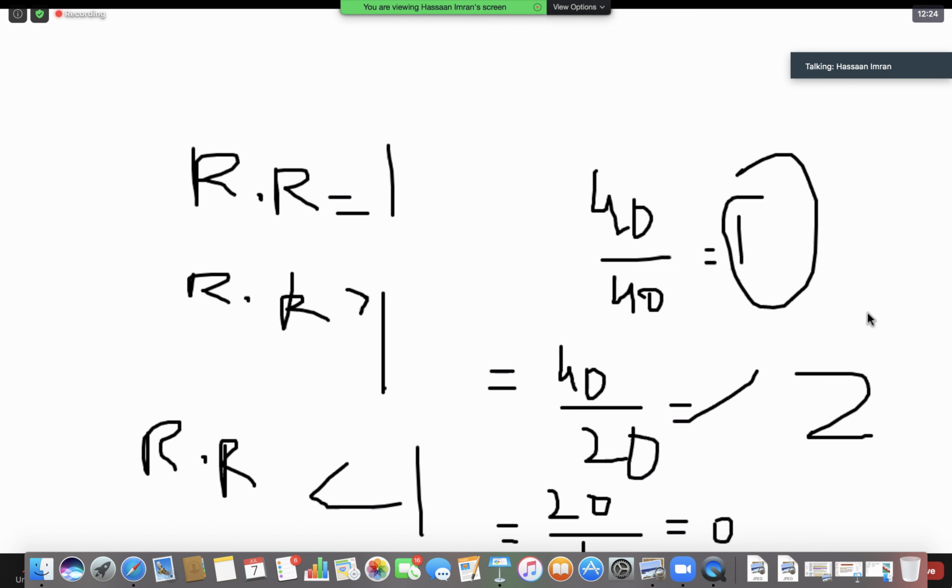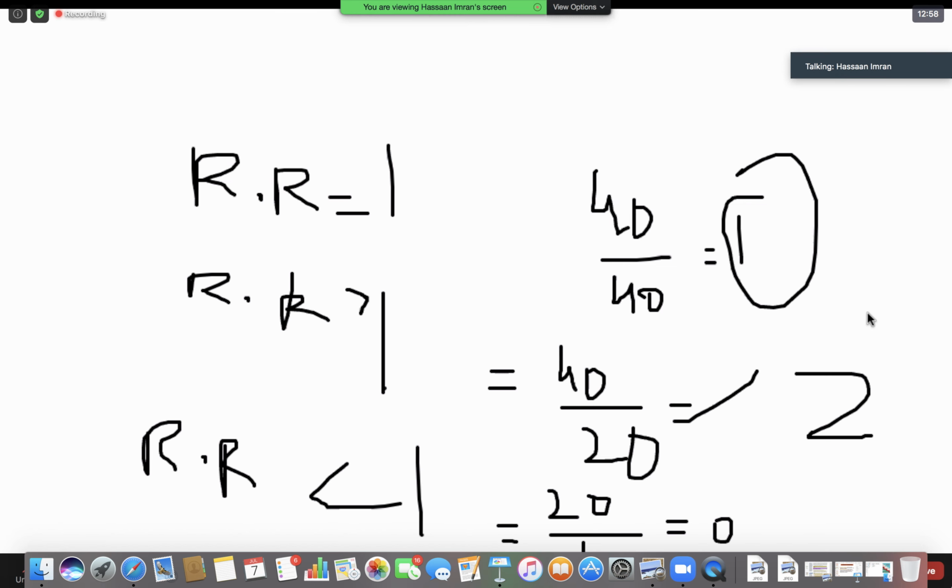Now, the same interpretation goes for odds ratios also. Odds ratio is equal to 1. This means the odds of developing disease among those who were exposed to any particular risk factor was the same. Or we can say that the odds of having exposure among cases and controls is the same. Right? Or cases and controls were equally exposed to any particular risk factor that you want to explore.